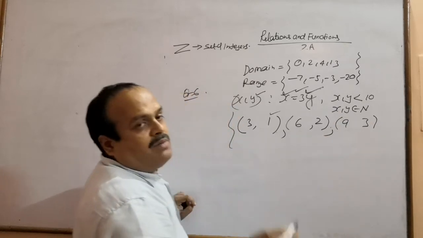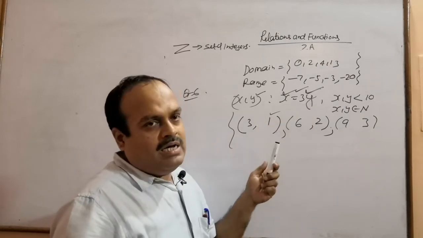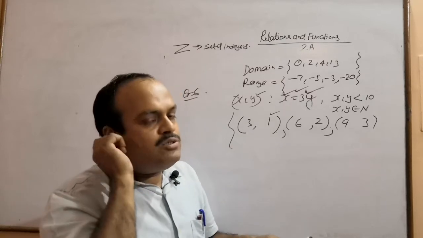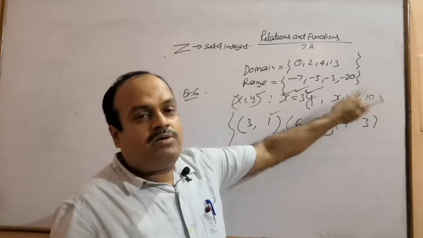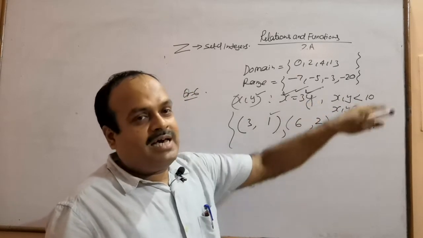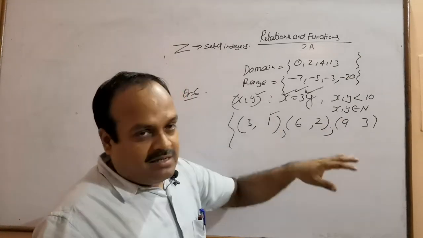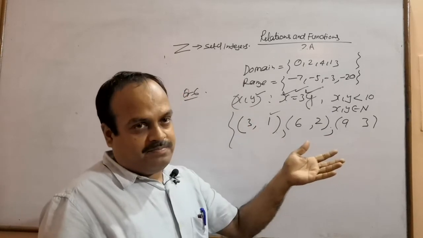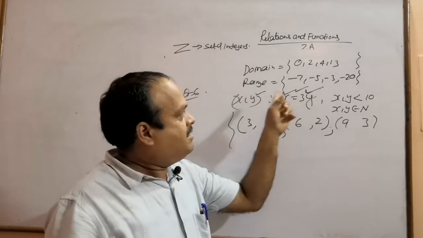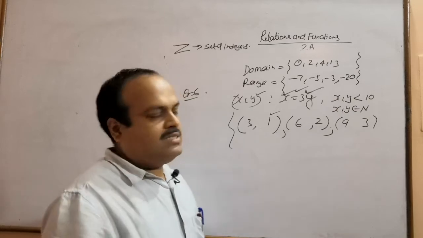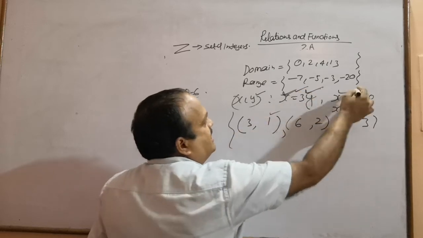But when I give the value of y as 4 and calculate using this formula, I will get the value of x as 3 times 4, which is 12. So a value of y of 4, which is less than 10, will give a value of x more than 10, 12. So the next element, 4 comma 12, will not belong to this relation, because both x and y must be less than 12. So the next entry is not possible in this relation using these conditions.